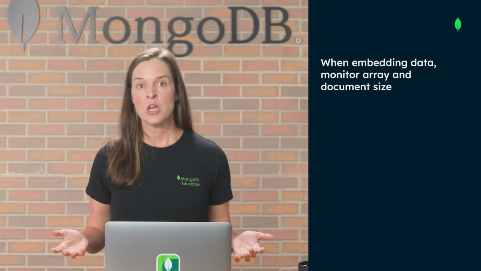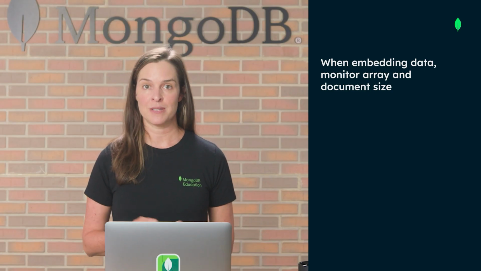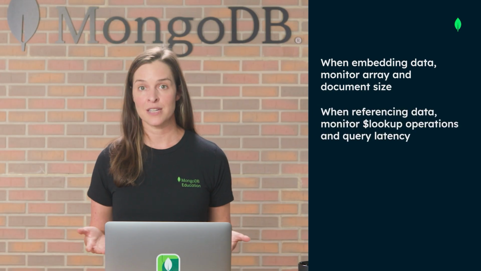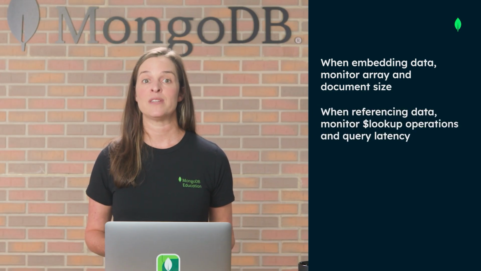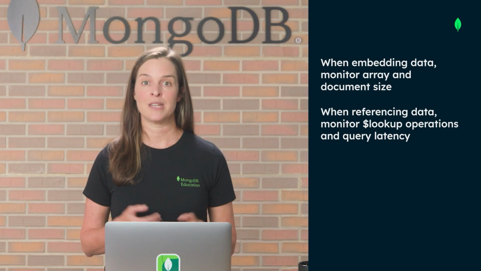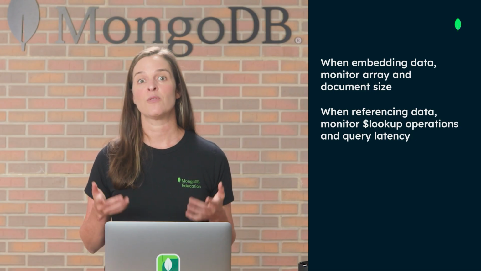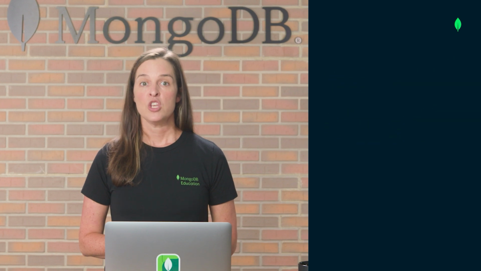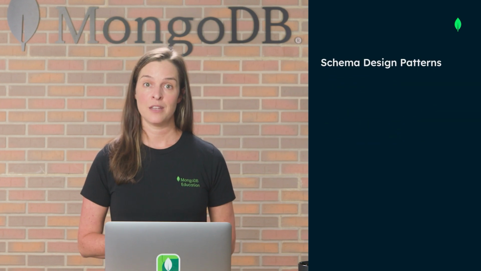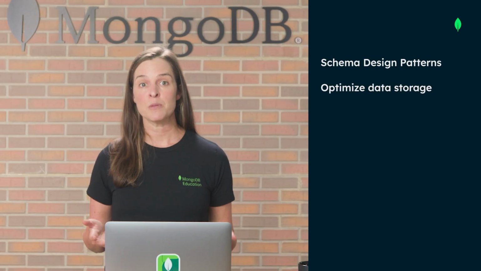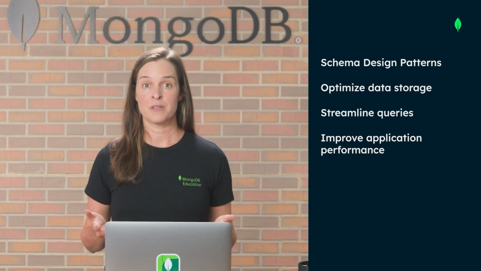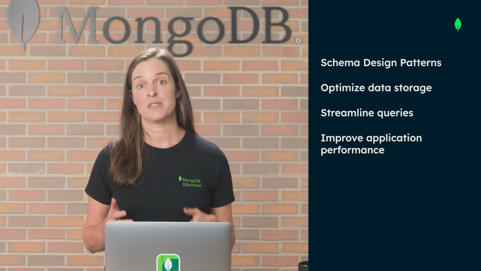In addition to access patterns and relationships, there are a few other factors to consider. When embedding data, we need to watch array and document size because we don't want either to grow too large. And when referencing data, it's important to remember that we will have to use multiple queries or a lookup operation to retrieve related data, which can cause latency issues if we aren't careful. You can also use schema design patterns to model your data effectively with MongoDB. These patterns can help you optimize data storage, streamline queries, and improve application performance based on your application's specific access